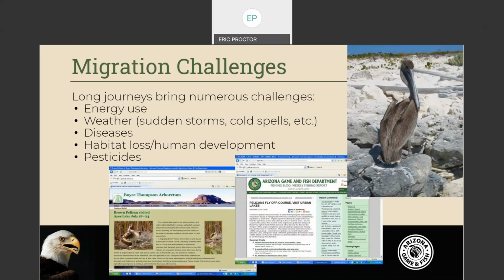And of course, birds have to deal with potential human conflicts, like habitat destruction or poisoning. From a wildlife management perspective, bird migrations are a prime example of why states and countries often need to work together for the conservation of species. Wildlife do not recognize borders. Laws protecting the summering habitats of certain birds won't be as effective if similar protections are not put on their wintering grounds or even along the areas along the migration route that the birds may need to stop at.